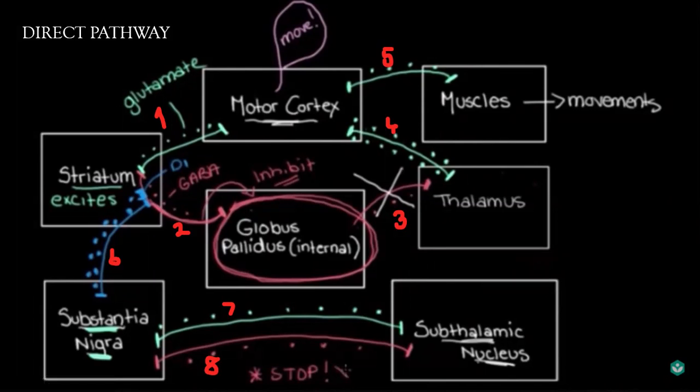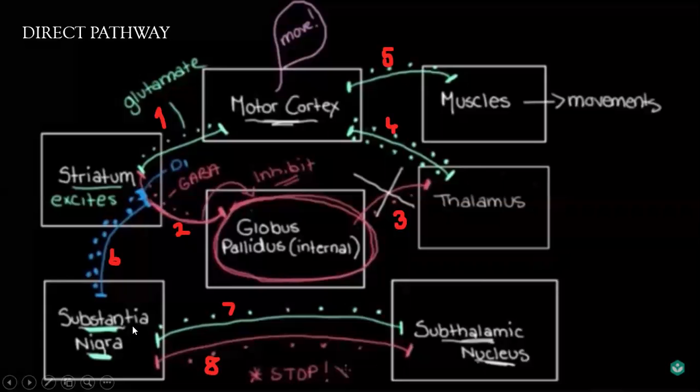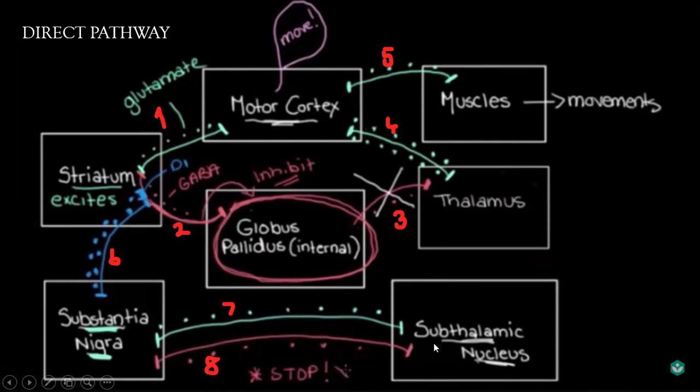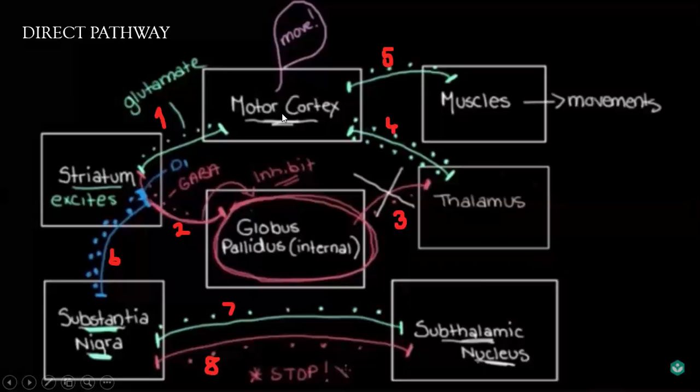making the movements happen. There's another fine tuning within here between the substantia nigra and the subthalamic nucleus. So what happens here is usually subthalamic nucleus gives excitatory neurotransmitter messages to substantia nigra. And the substantia nigra, however, keeps this excitation in check by giving certain other inhibitory signals to the subthalamic nucleus. So all this ultimately, what we're trying to tell is in direct pathway, there is less inhibition of thalamus by the globus pallidus. So thalamus is again activated more, which sends signals to the motor cortex for the muscles to